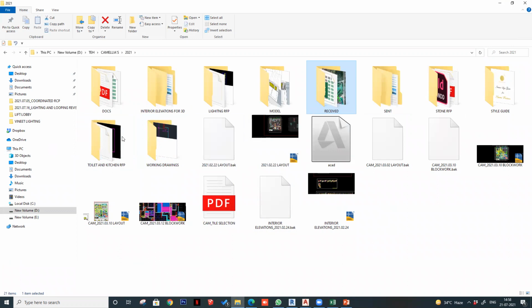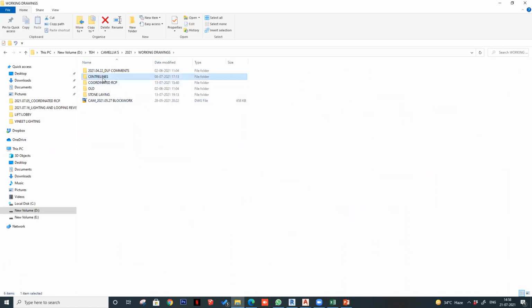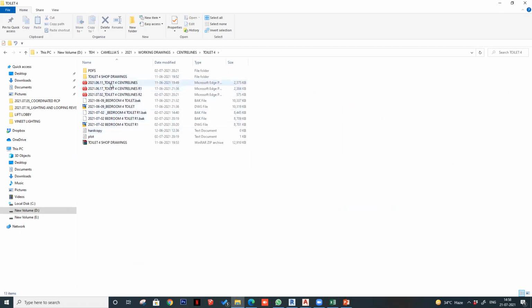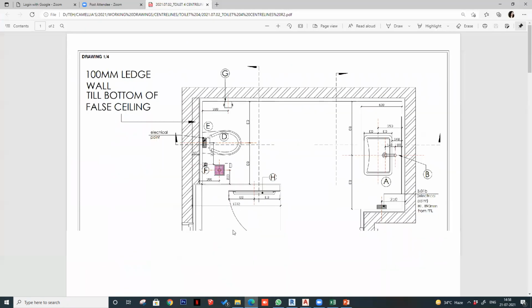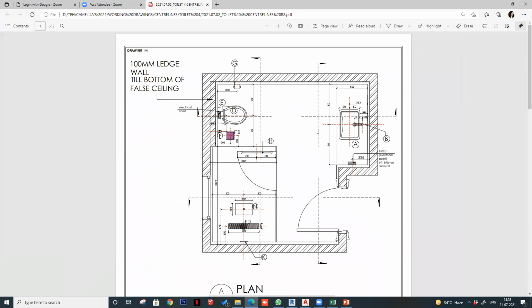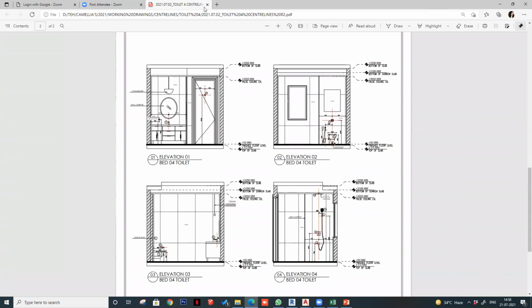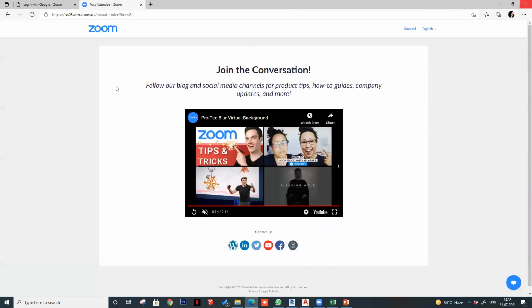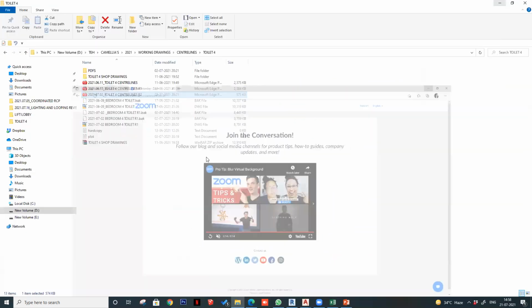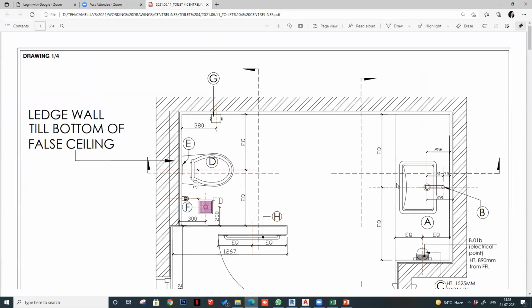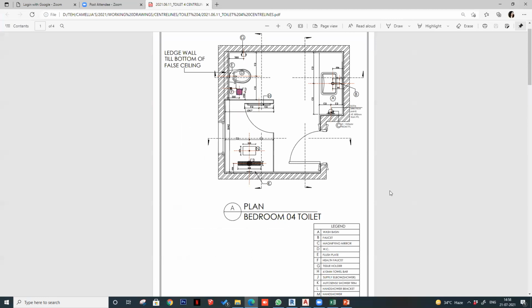कहाँ गया, center lines toilet 4 देख रहे थे ना. This is the document that you have to prepare. So इसमें you have this plan, elevations, and then all these shop drawings have to be there compiled in this document. तो shop drawing तो होना जरूरी है.